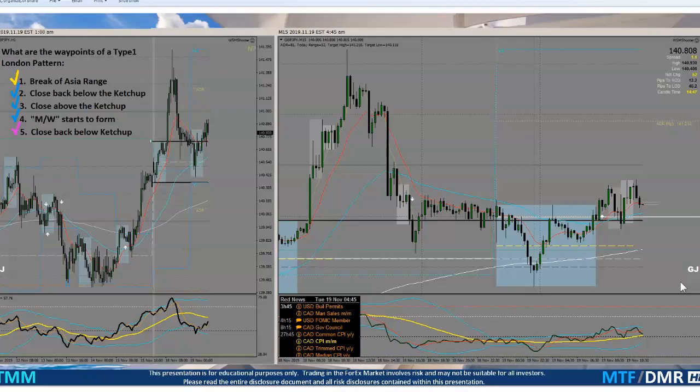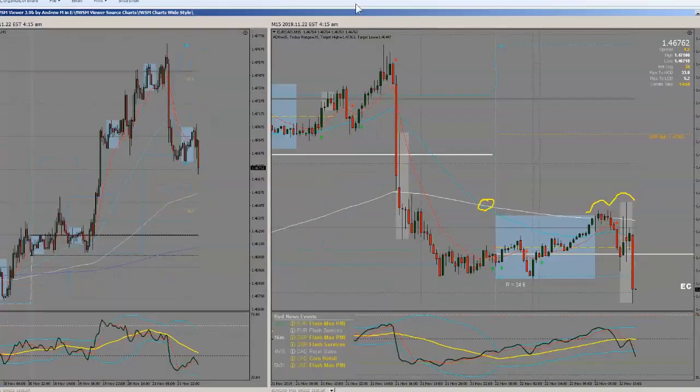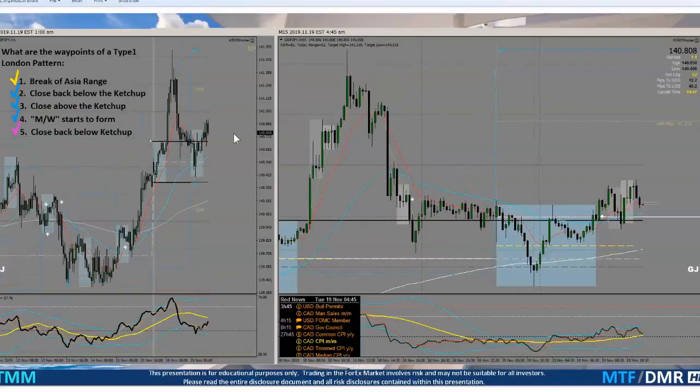Their signature trades for entries are very basic and very simple. Right? Not nearly as involved as what we would consider a type 1 London pattern, a signature trade, as it were. Isn't that interesting that this is GJ from 2 weeks ago, and then this is EC from, I think, the same week. I'm not sure. Maybe not. Similar, right? Very similar. But anyhow, you look at that level of trader, they're more into the fundamentals because they're trading the higher time frames, and their entries are rather simple. Okay, so